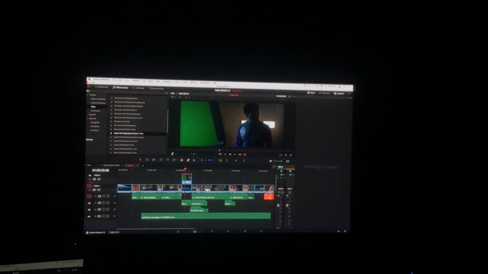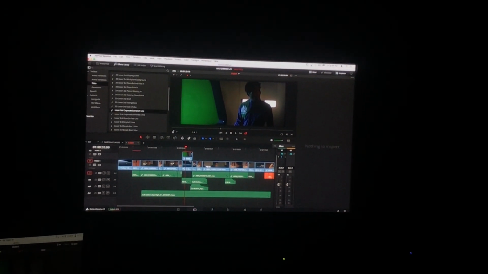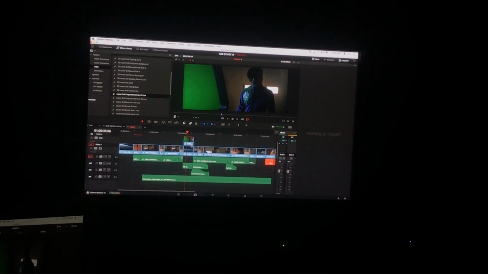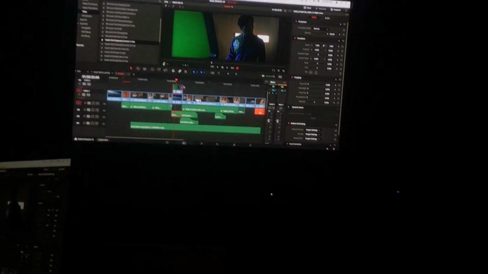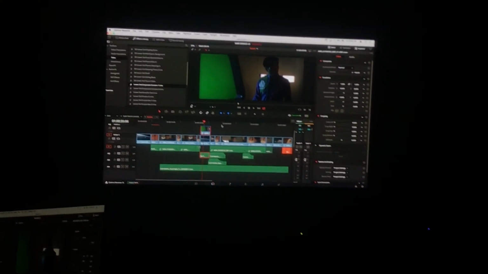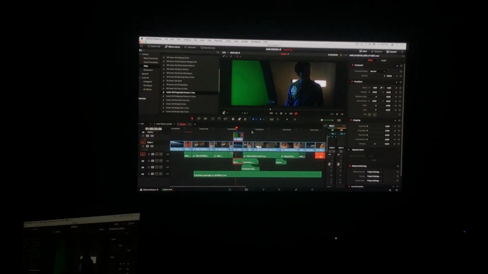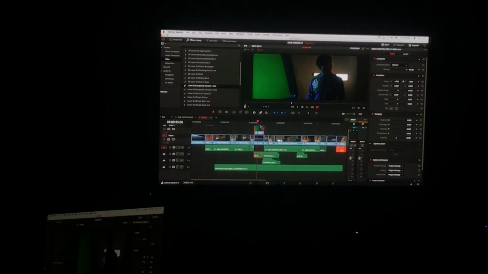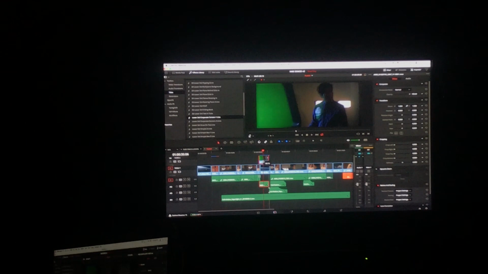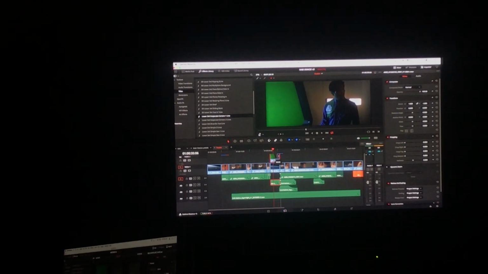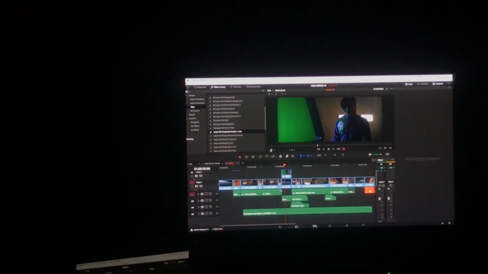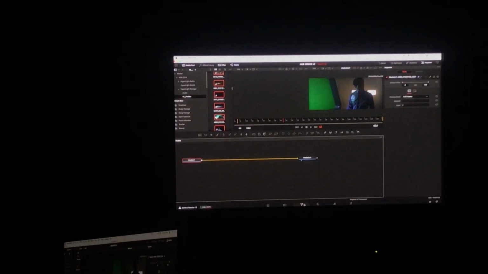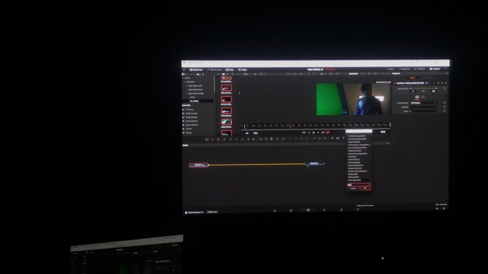So yes, we can go into the color page. Yes, we can pull these green screens pretty simply in Resolve. We've always had that capability, but if you want to use the Delta Keyer that's built into Fusion, it's really clean and really fast. So currently I'm looking down at the shot, right? There's two shots stacked. If I move into Fusion now, the only thing Fusion's going to take is the topmost clip. So I could generate the Delta Keyer